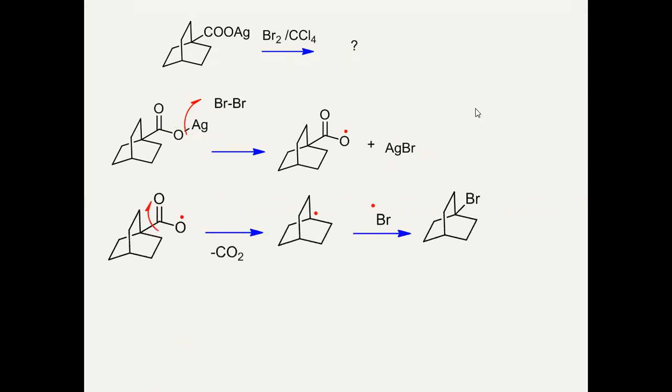Then the next step is what? There is a decarboxylation reaction by the same procedure, homolysis and radical generation takes place here. This radical combines with bromine and this will form the brominated product, or we can say the introduction of bromine at this position. So this is a very simple mechanism. This question was asked in the exam 2-3 times in previous exams. So you should know this simple idea.